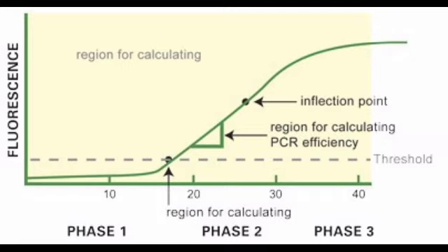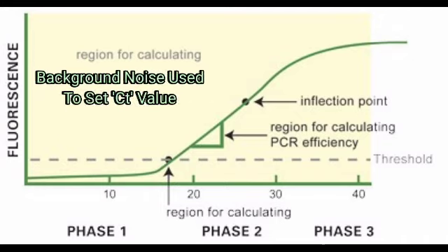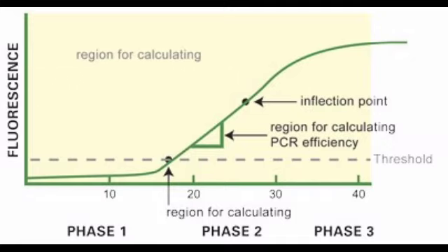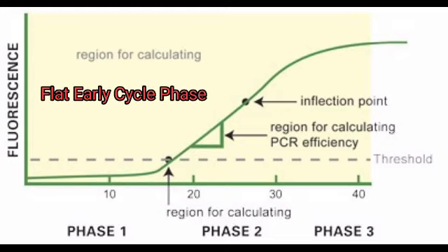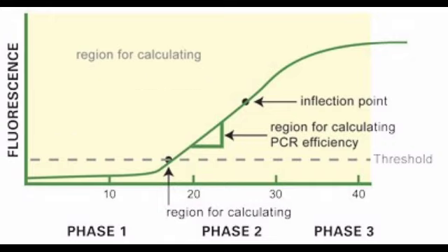This background noise is actually useful in many instruments. Measurement of this is used to set the CT threshold as some statistically relevant increase out of the noise range. That is why any signal far enough above the least level of signal is taken as coming from amplicon. We therefore expect this early cycle phase to be essentially flat in our amplification curve, and in some systems we apply the expectation as a tool.